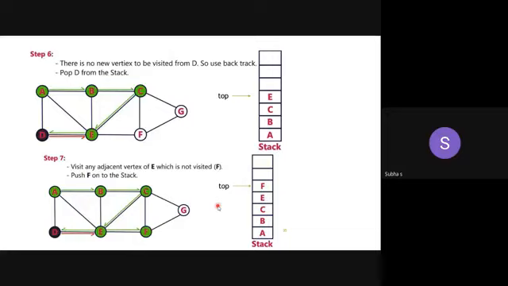Yes. Maze, you have many hidden paths. There will be some obstacles. All will be familiar, either you have played it physically or through the phone. In the maze, what's the thing? You start from one point and you have to reach the destination. But in between, there are so many paths and so many obstacles.